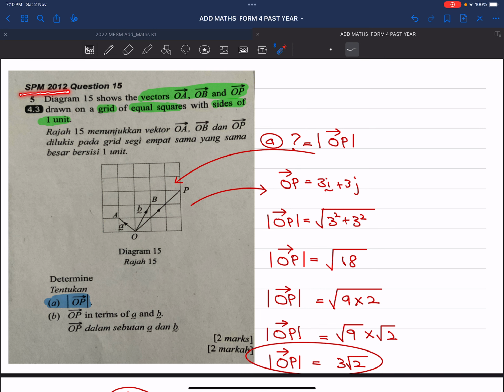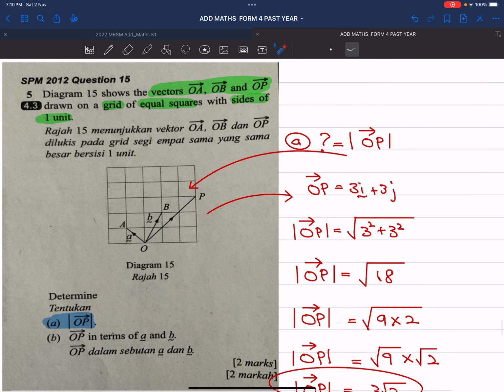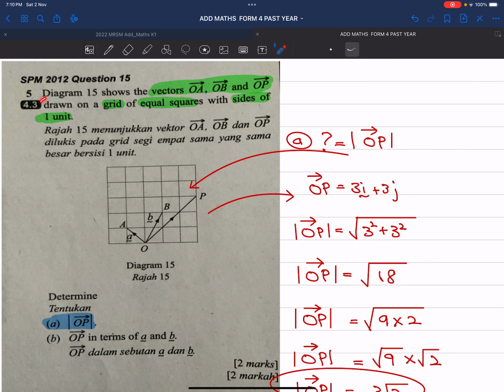SPM 2012, topic vector. Diagram 15 shows the vectors OA, OB, and OP. All these vectors start from the origin O. That means it must be a position vector. A position vector starts from the origin O. Next,